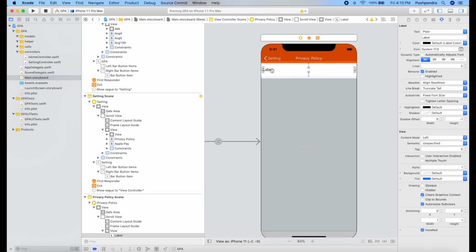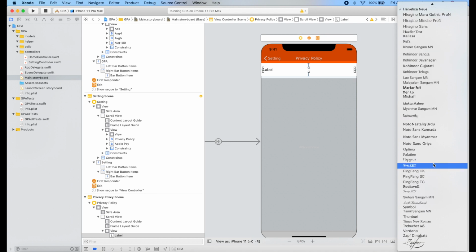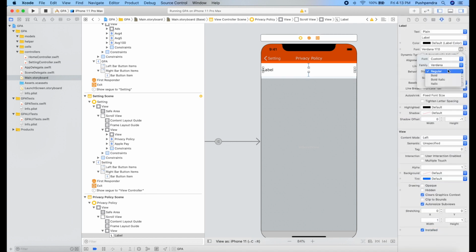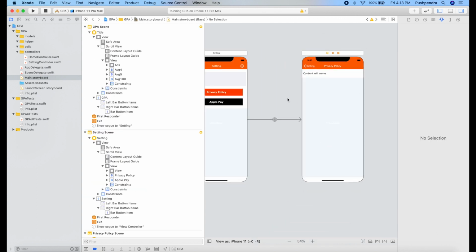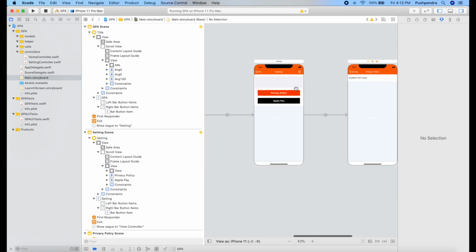So this is my final label. Again the same thing we are going to do for it. We will change the font. And here we can say the privacy policy content will come here. Okay, so whatever your content is, you can put it here.